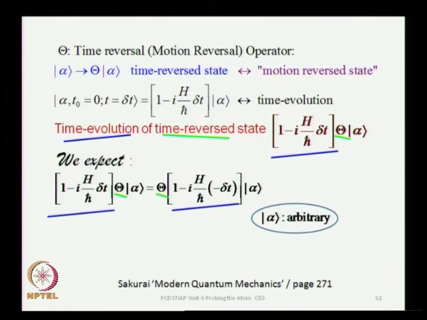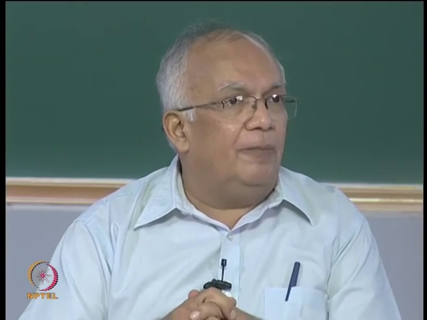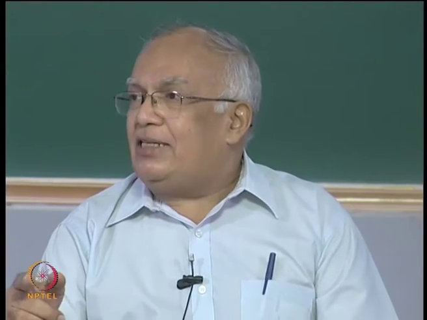Now, this is our expectation if motion reversal is to have a certain meaning in quantum mechanics. So, we demand what must be the properties of theta which will give us this particular description of the time evolution of a time reverse state, or the time reversal of a time evolution state which has been evolved backward in time. Okay. So, that is our question as to what properties of theta will give us a consistent description